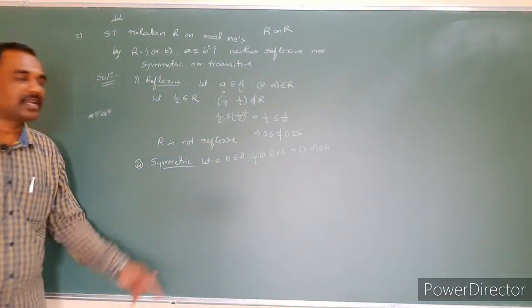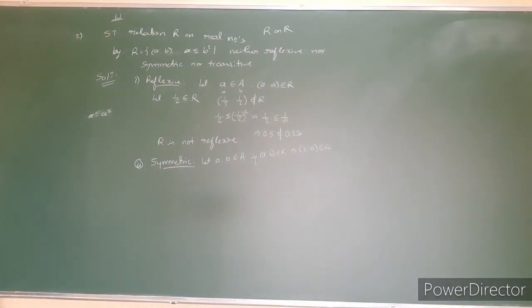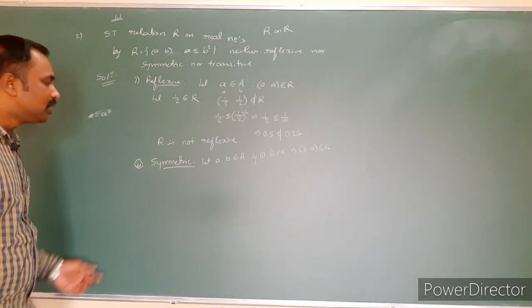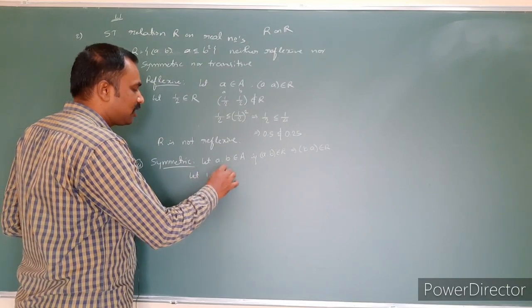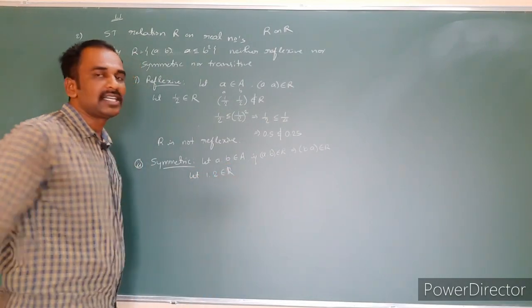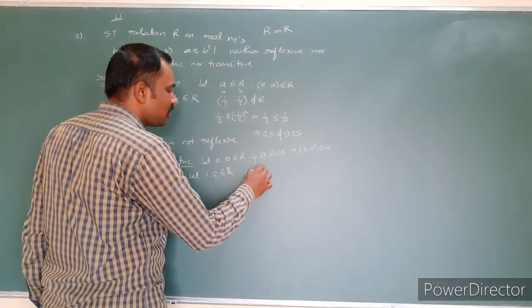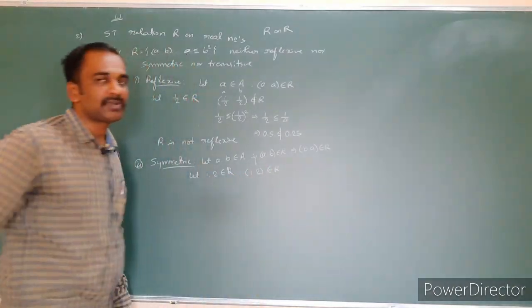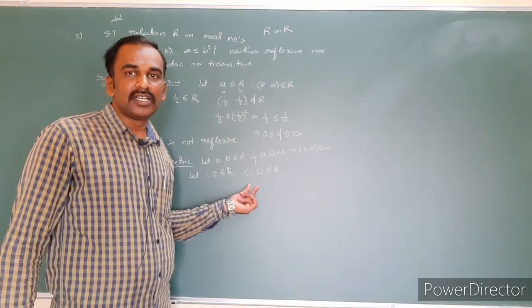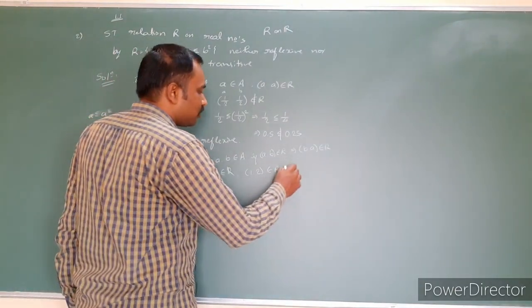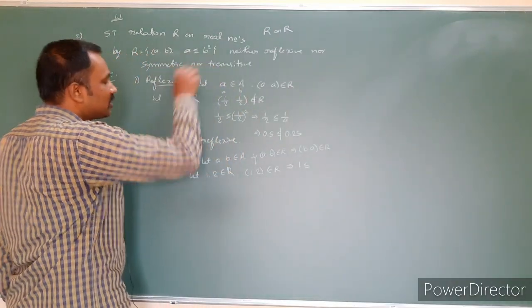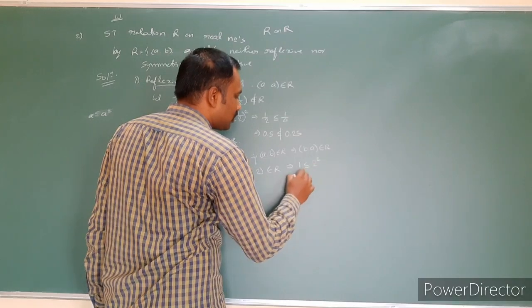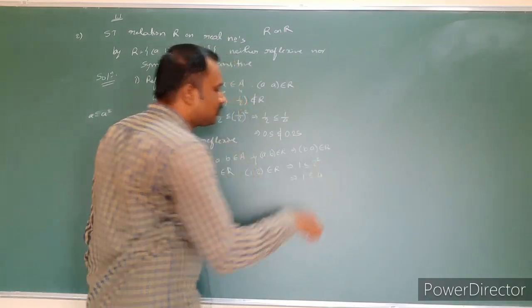So how to check this one? On satisfying the given condition, choose the numbers. Already that number should be present in the given relation R. So I just consider 1 and 2 belonging to the real number set R. From this, we already know that (1, 2) is present in the relation R, which is nothing but 1 is less than or equal to 2 squared, that is, 1 is less than or equal to 4.